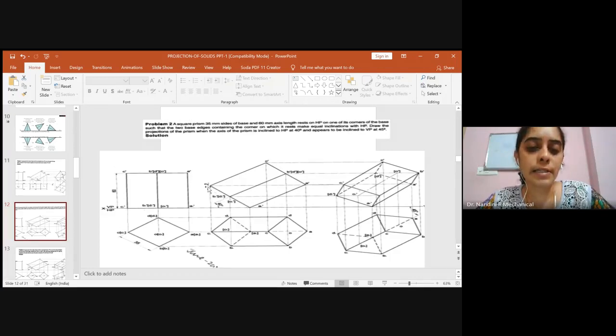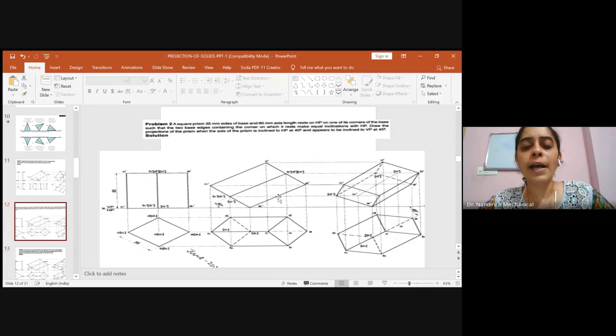Once you have darkened this distance, you know the naming. This corner is C dash, please write it as C dash. This corner is A dash, kindly write it as A dash. And we have the 40-degree line. Now we have to measure until when you have to stretch this 40-degree line. For that we need the axis length, which you get from the first stage. So you measure exactly 60 mm and with the same distance you cut an arc on the 40-degree line. So you got this point.